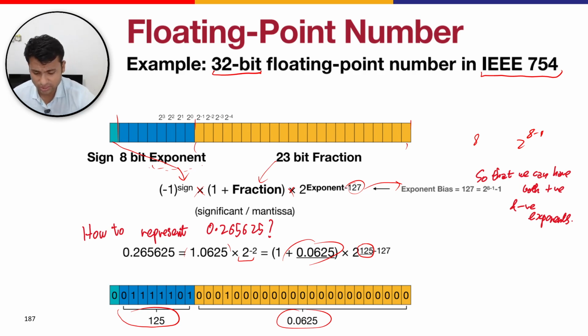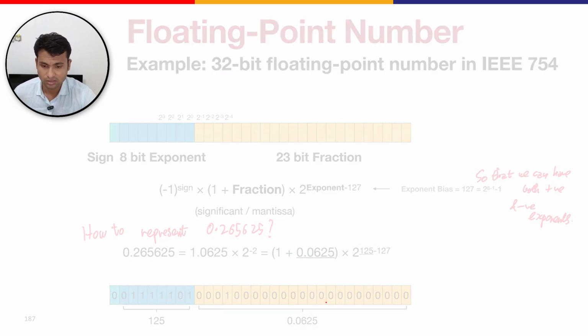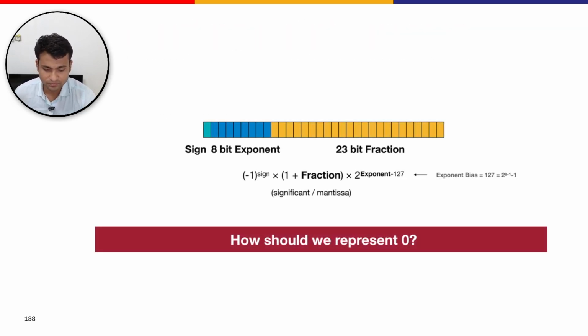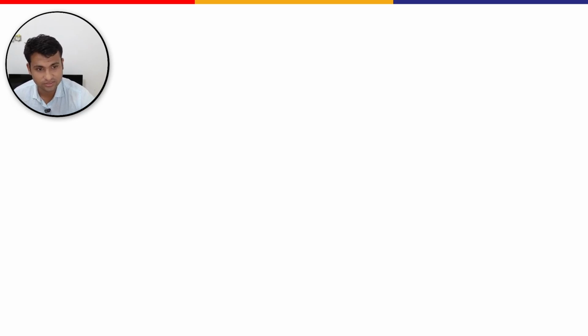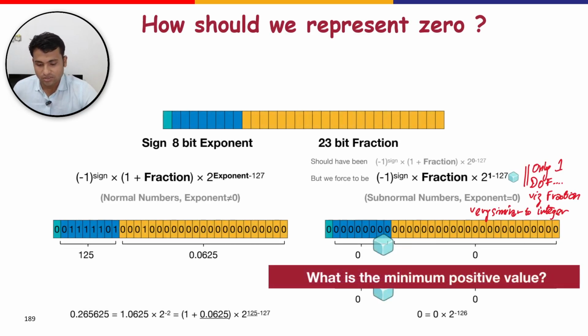You can use calculators for doing all this, like in your Casio calculator, there is an effective method of figuring out what is 125 in this, what is 0.0625 in this form. But the main question is how to represent a 0 here, right? How do we represent a 0 here? So for that, before we actually get into that,